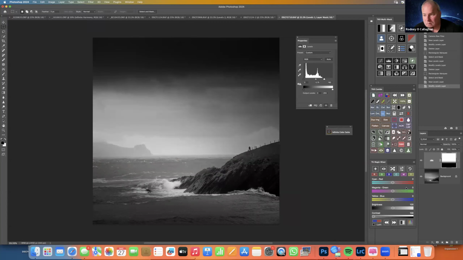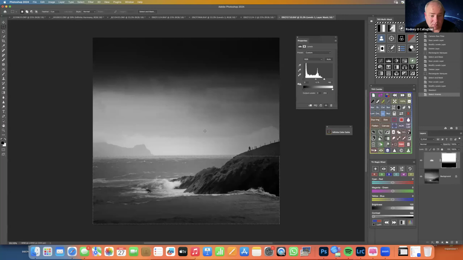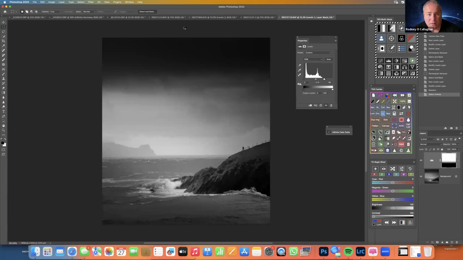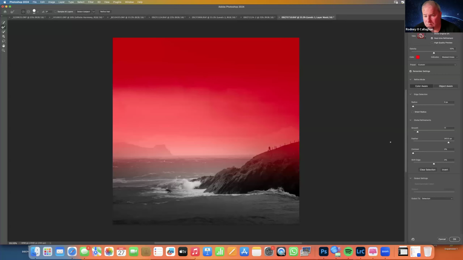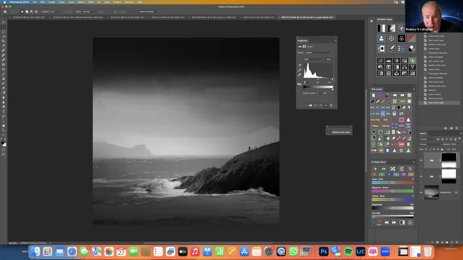In theory, we can go Select, Reselect, then Select, Inverse, and select and mask again with a feather. We hit OK, and now we're working on the bottom half of the image. I find all these things very beneficial, and it's the exact same as